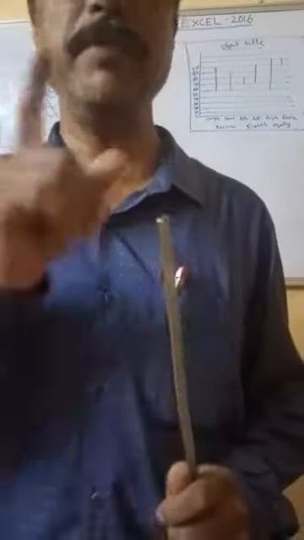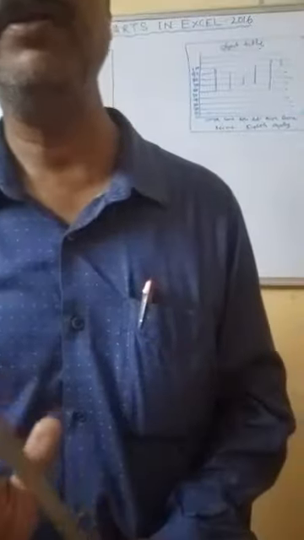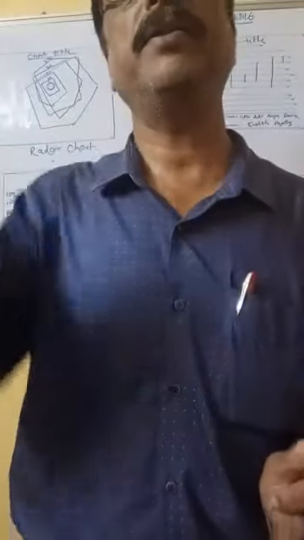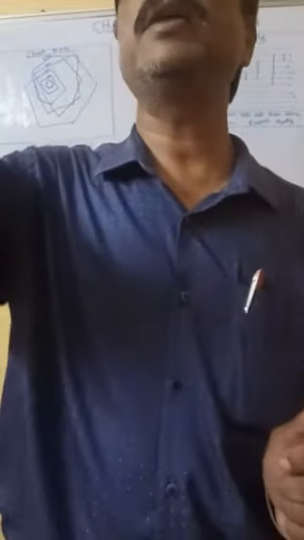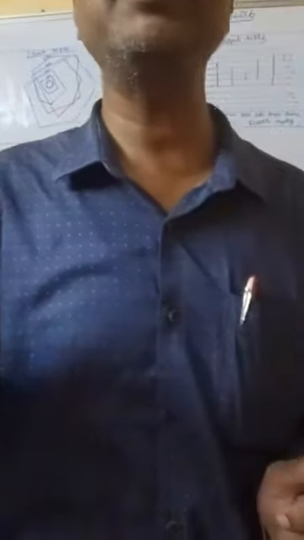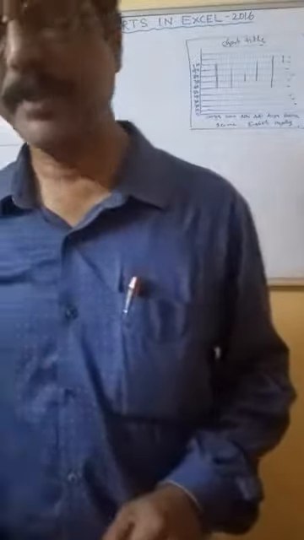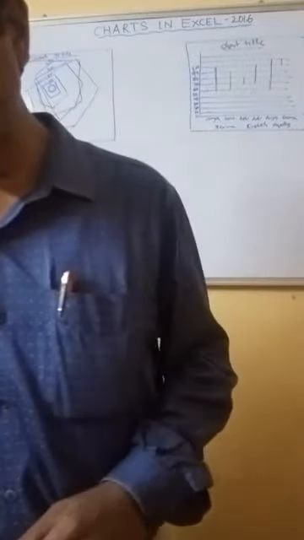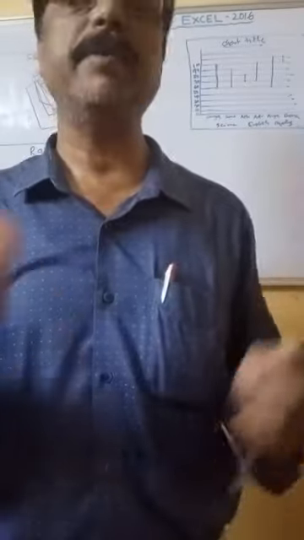But remember one thing: if you are given one series of values, it can represent any kind of chart according to your choice. You just have to make a selection. Many chart names will appear on the screen, so whichever chart you want to see, you just have to select it. Then the computer can automatically draw the chart for it. So how to create it? First of all, to make the chart, we first need to enter the data, a series of data.